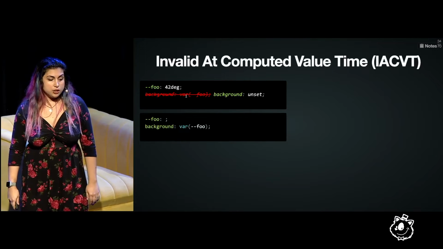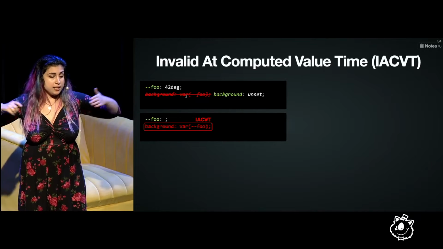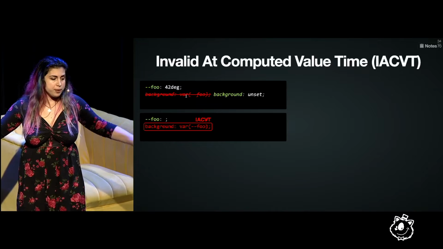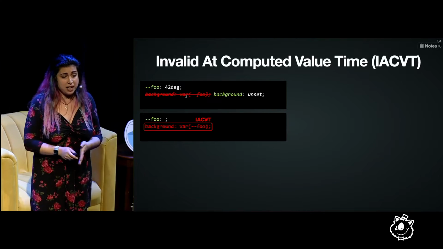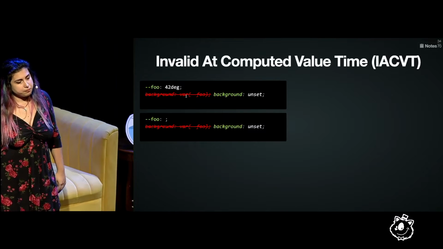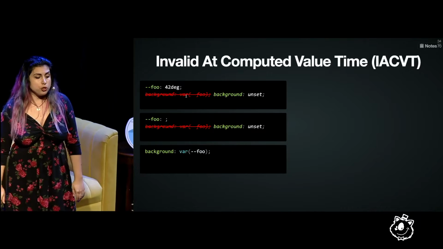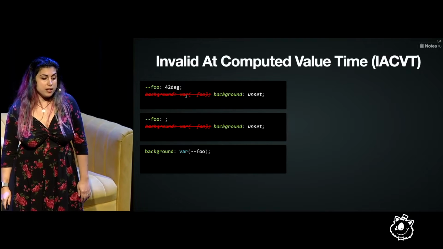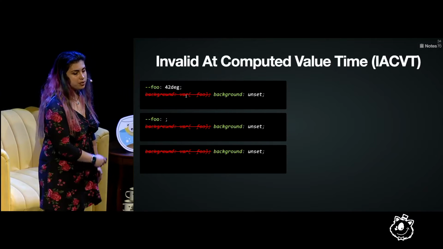Another case is when the property doesn't have a value at all. It's like it's blank. Blank is a perfectly fine value for a custom property, but eventually, if you end up with a background declaration or any other declaration that doesn't have a value, that is invalid. So again, it's treated as unset. And this is what we saw with the border declaration earlier. If you're using a variable somewhere that doesn't have a value at all, unset, invalid at computed value time.